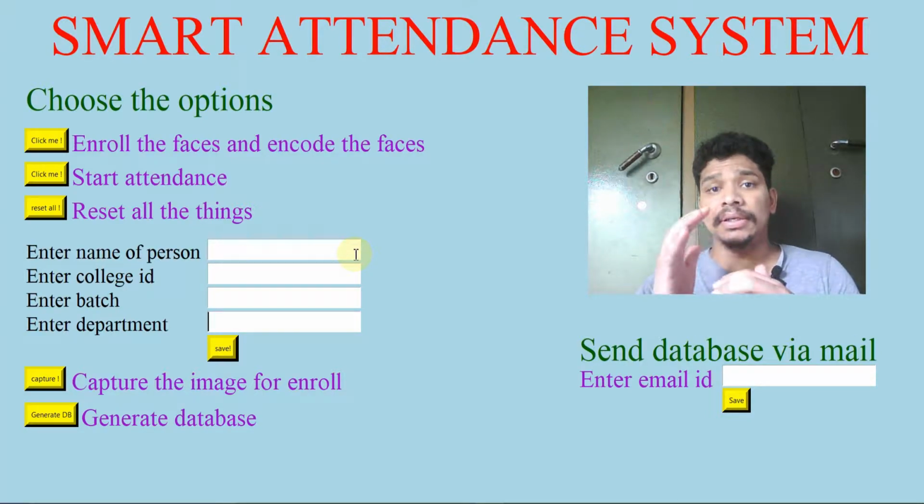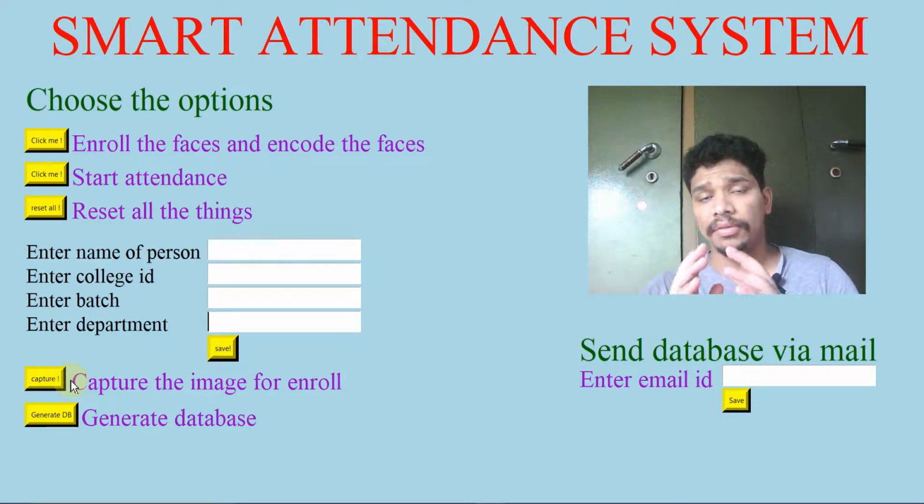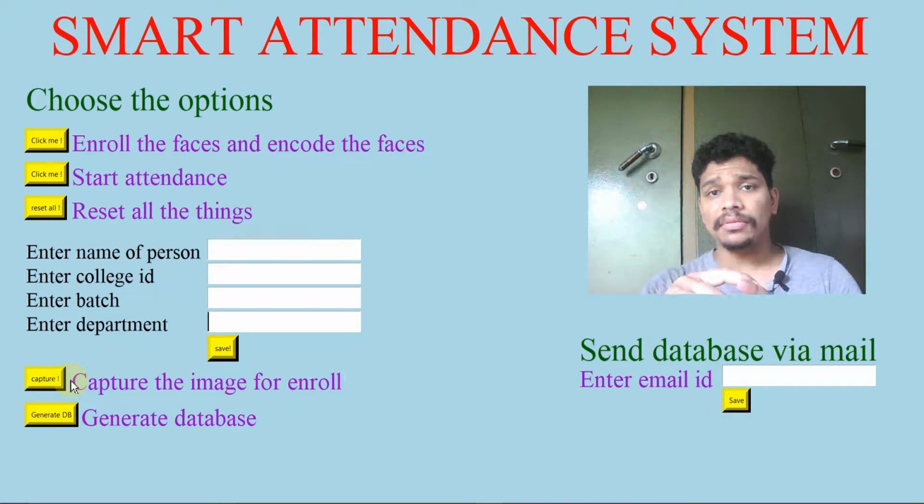I create the database with the help of SQLite. We take the attendance. If the students are present in the class, it stores the name of the person along with their information in the database by inserting the name of the person in the present student table. After that, we can also send the database to the sender via email ID. Here you see in this we enter the email ID of a person.